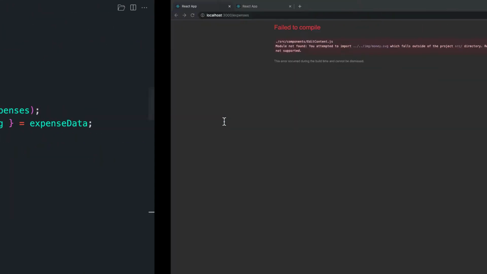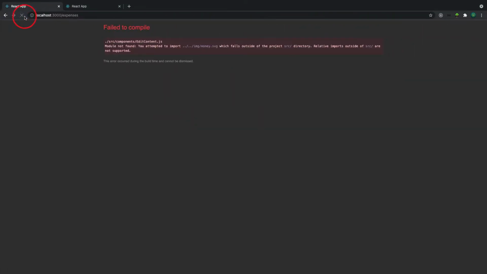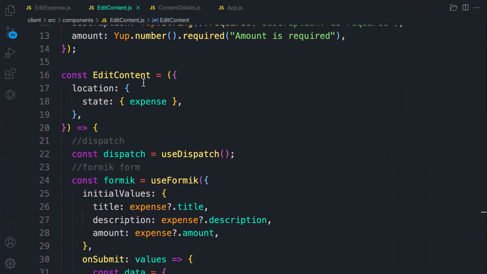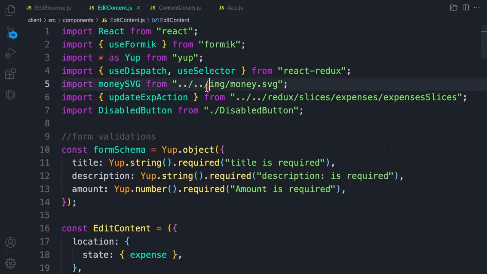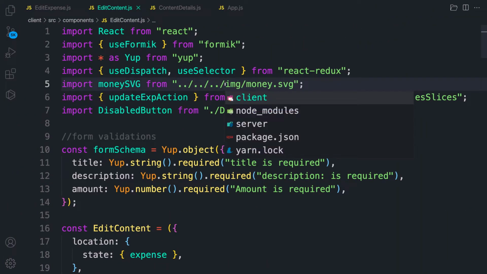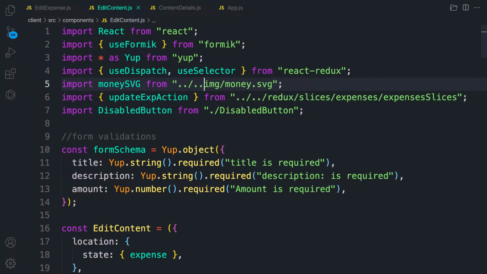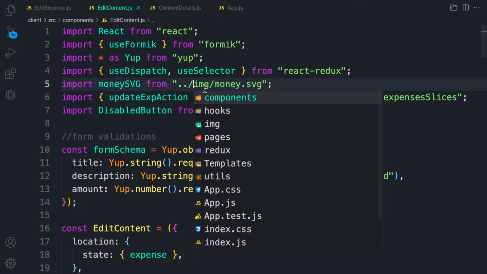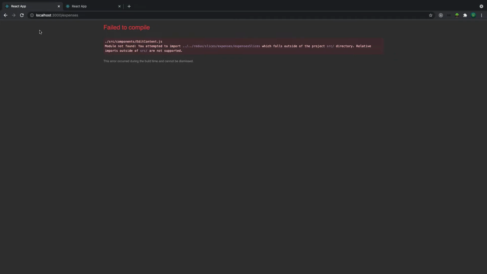Yes, so check it out and let's refresh. Oh, the SVG has changed. The SVG, rather, under the edit content, this one. I think we should like this. Let me check. Yeah, so one step, images, and there we go. Refresh it,